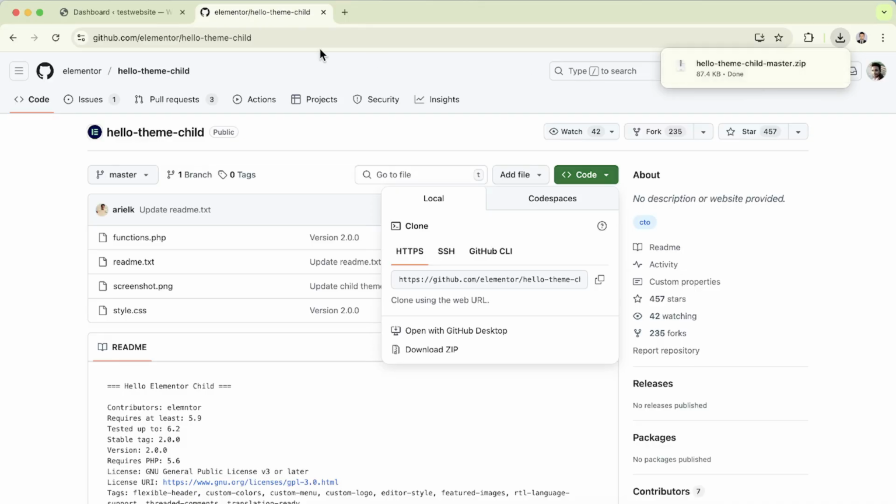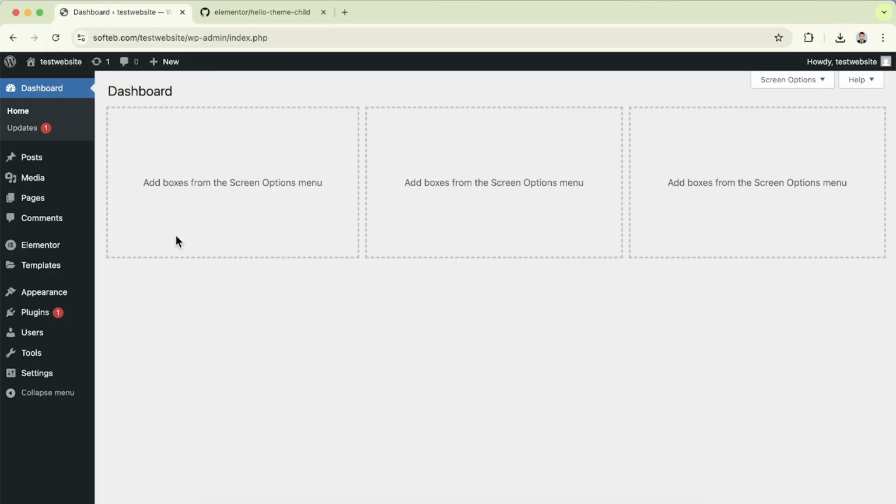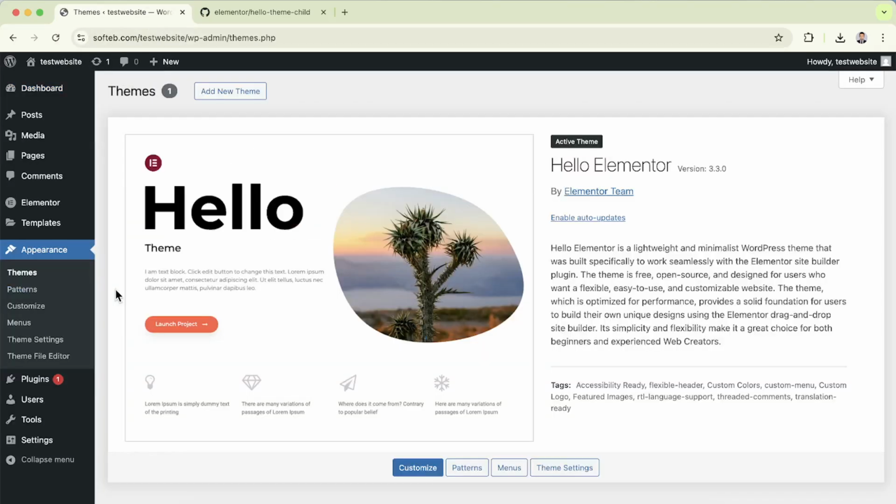And now we need to go back to our WordPress admin dashboard and click on appearance and theme, and here you can see I have just one theme, which is the main parent theme Hello Elementor. And so I'll install the Hello Elementor style theme now. Click add new theme,